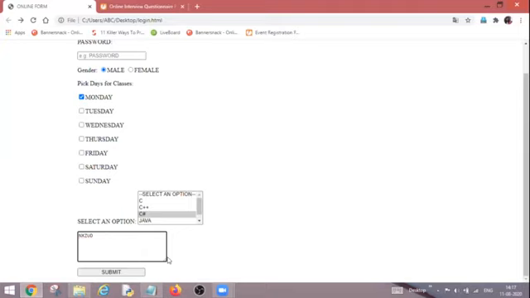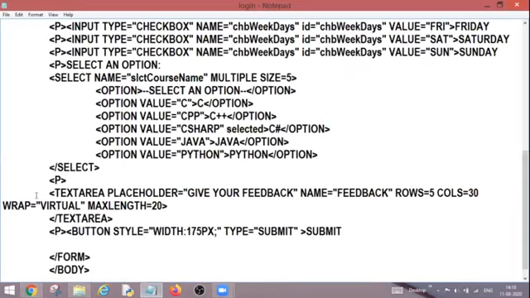But why do we use it? So that we can give information to the user about what is to be written in this particular box. So we have learned today how to work with text area, and we have learned about so many attributes of text area. So I guess this is enough for the day.